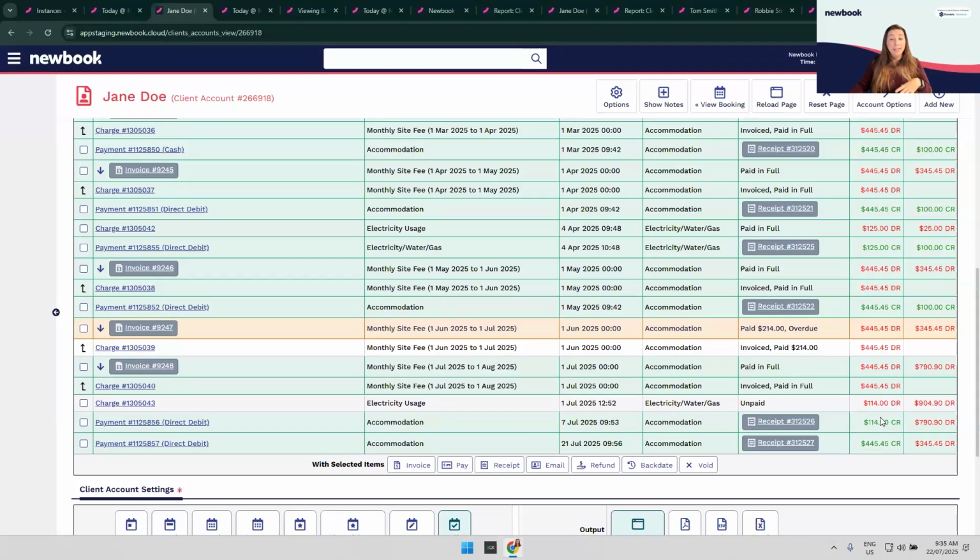But Newbook has correctly done exactly what we've told it to. It's reconciled the oldest payments with the oldest charges. Now, because we did have this overdue invoice up the top here, Newbook is attempting to pay that one off first. Now, in the cases where maybe our guest comes back to dispute that, and they're saying, no, our electricity is done, but yes, we still need to pay our monthly site fees, we can actually find and reallocate those